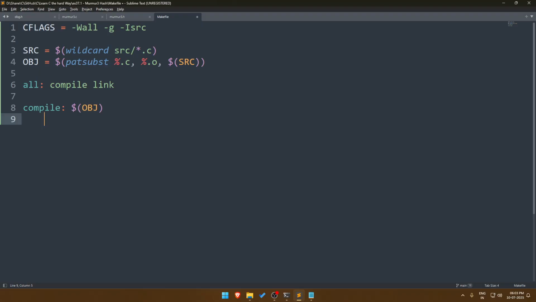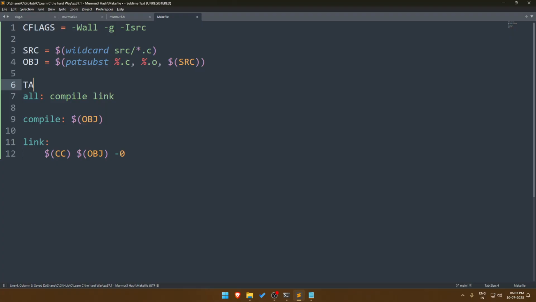Compile depends on objects, and then I can go link is cc, then I want object, go with target equals bin slash, target is